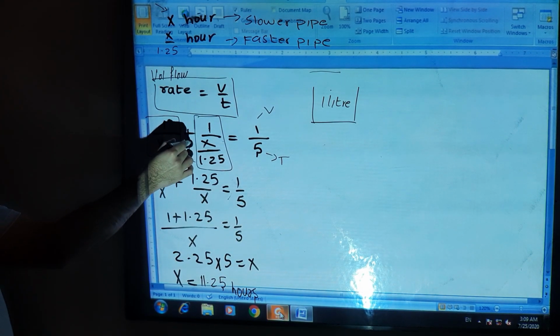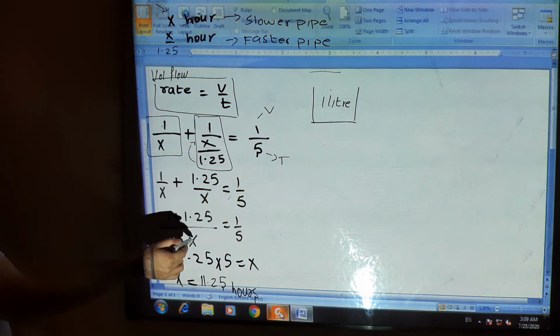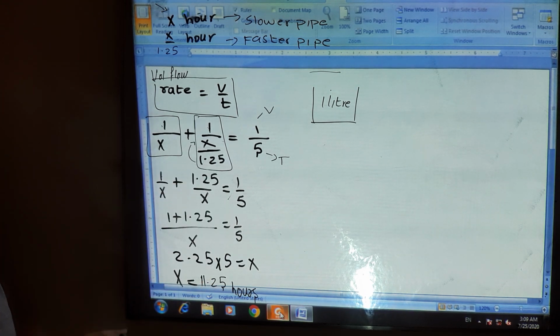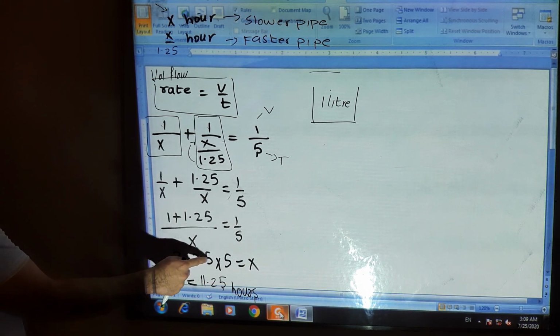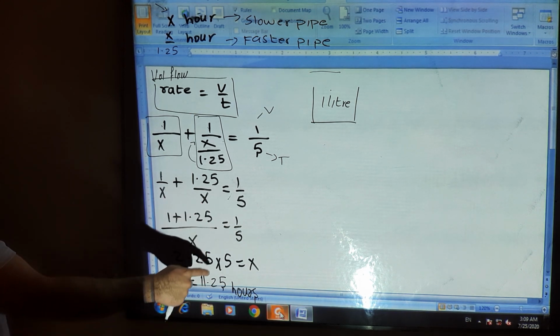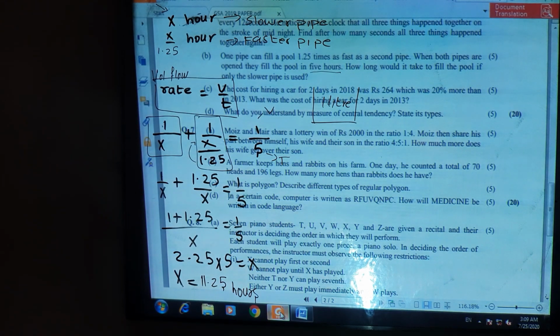Now this 1.25 will move upward, this will be your equation, take LCM, X will be the LCM. So (1 plus 1.25)/X is equal to 1/5. You need to cross multiply. 1 plus 1.25 is 2.25 into 5. 5 will come over here, it will be multiplied here, X will be multiplied here. 11.25 hours is the time taken by your slower pipe,